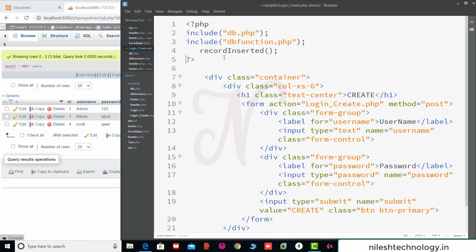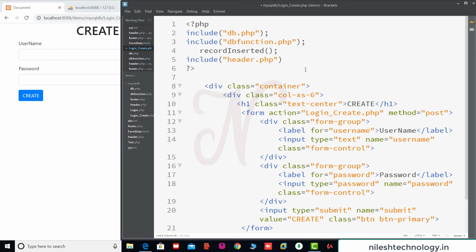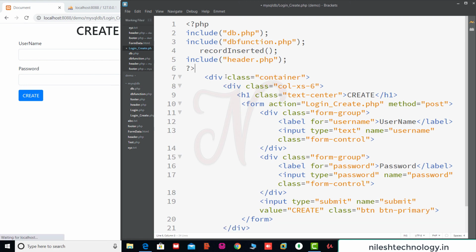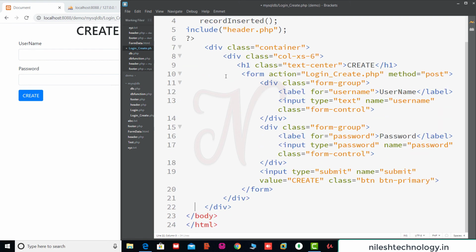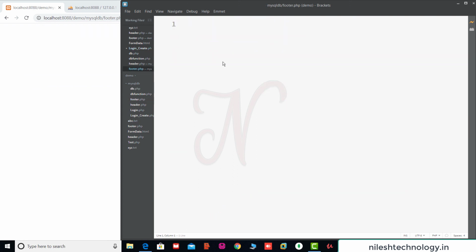Here we include this file, header.php. Again we convert this code, body and HTML, just two lines, Control X into this footer.php.